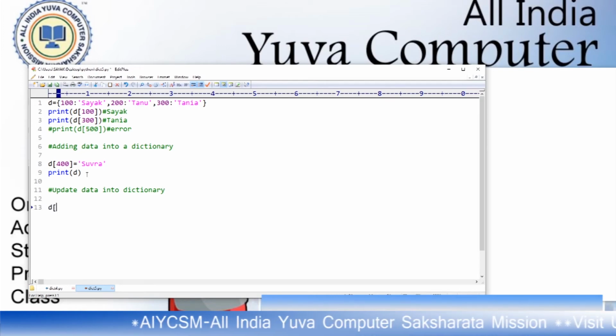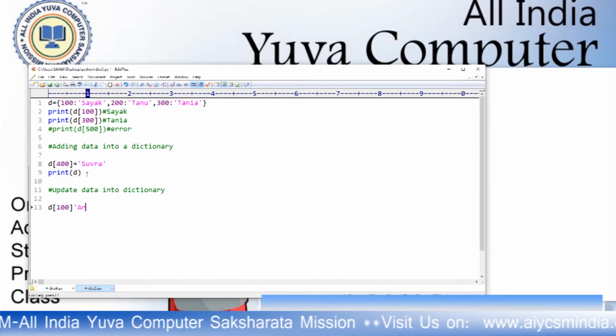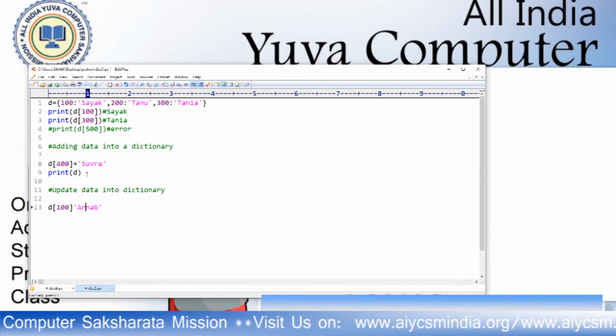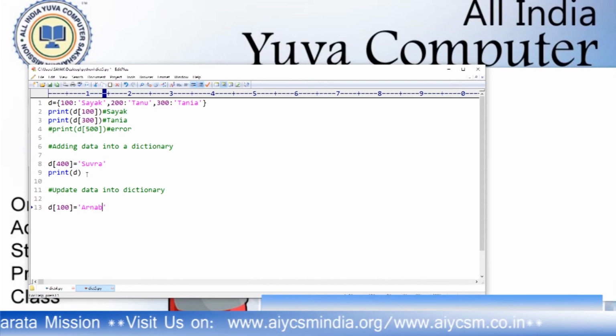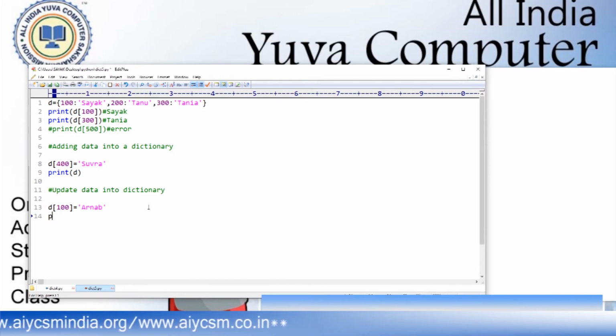D of 100 will change to Arnab, equals Arnab. The key 100 was associated with the value Shayok, now it is overwritten by Arnab. If you print, you will see no Shayok within this dictionary.